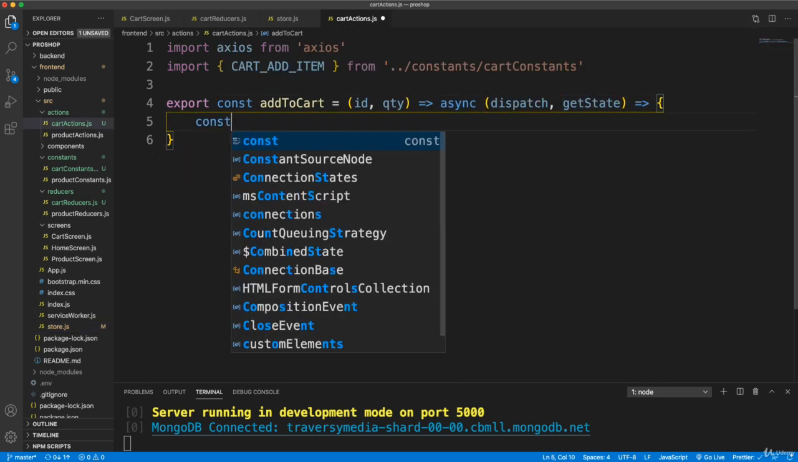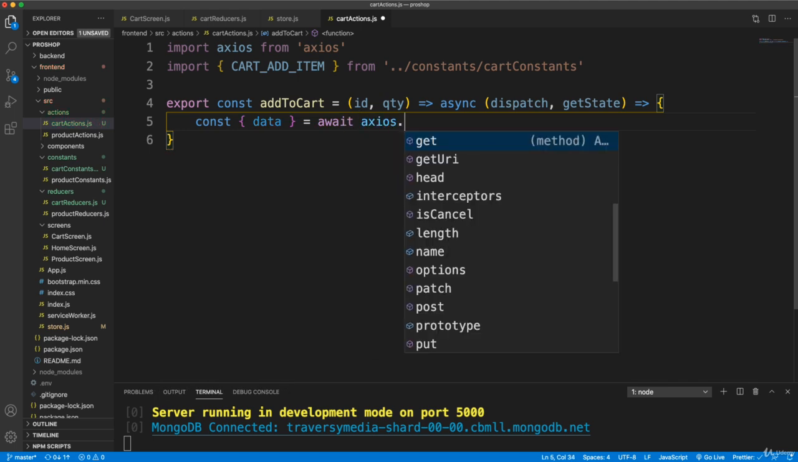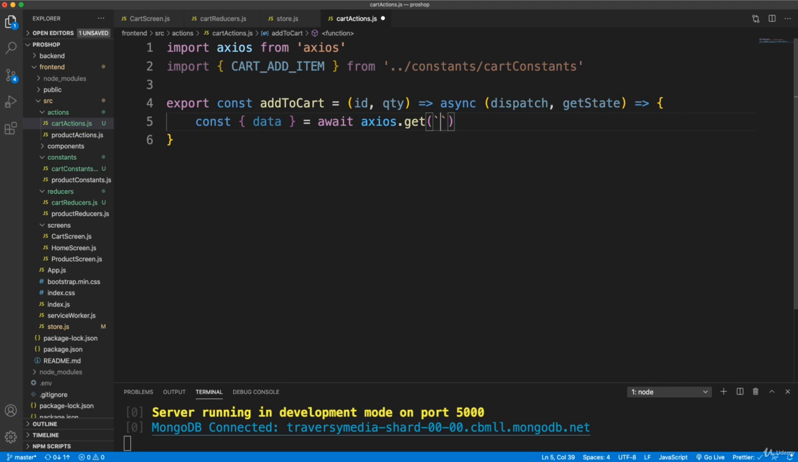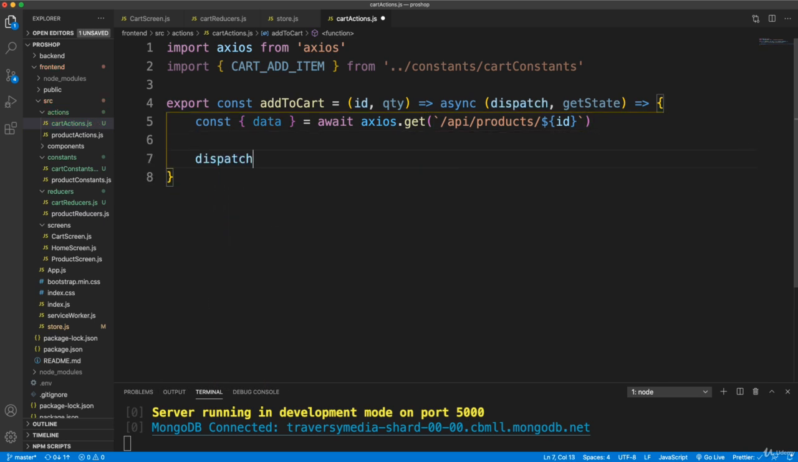And then let's make our request. So we'll go ahead and destructure the data, and we're going to get that from Axios, so we have to await because it's asynchronous. And then axios.get, pass in some backticks. It's going to be API products / and then whatever the ID that's passed in. And then once that's called, we're going to go ahead and dispatch,